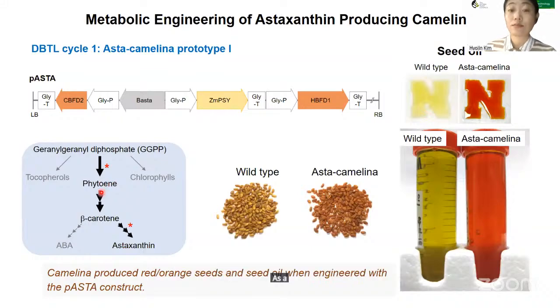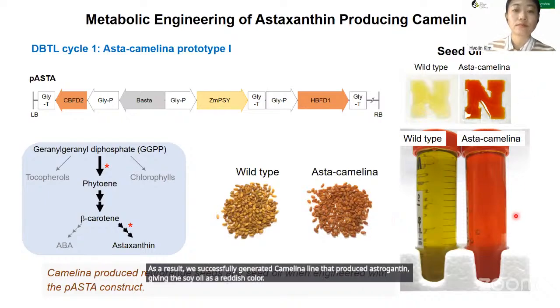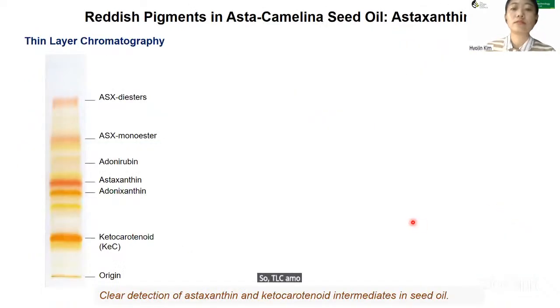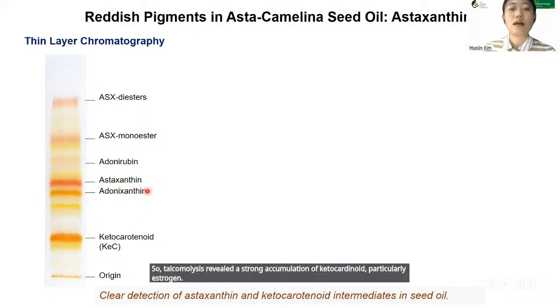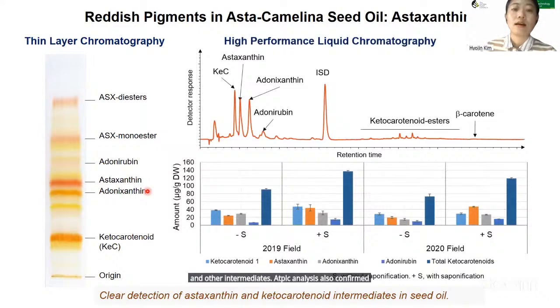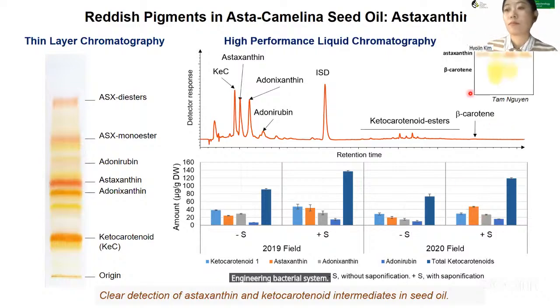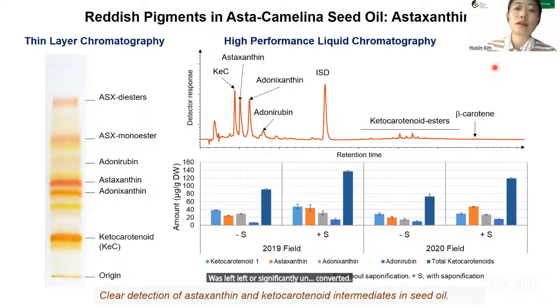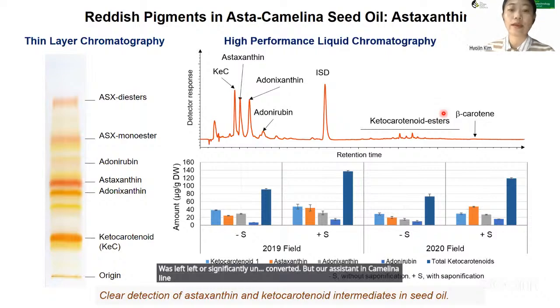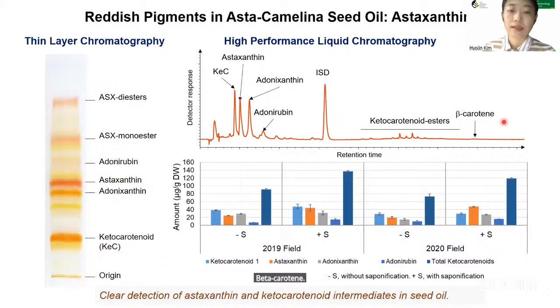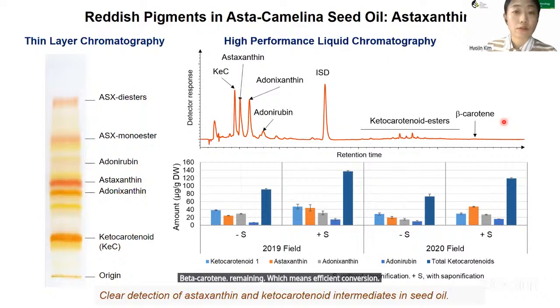As a result, we successfully generated a camelina line that produced astaxanthin, giving the seed oil a reddish color. TLC analysis revealed a strong accumulation of ketocarotenoids, particularly astaxanthin, and other intermediates. HPLC analysis also confirmed that astaxanthin is the dominant product. In our previous soybean lines engineered with the bacterial system, beta-carotene was left significantly unconverted. But in our astaxanthin camelina line engineered with the Adonis pathway, minimal beta-carotene remained,